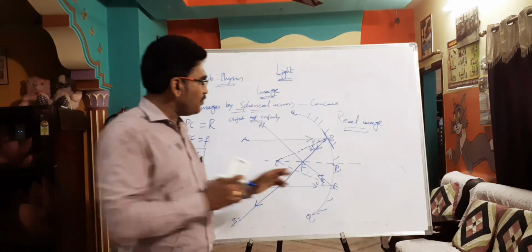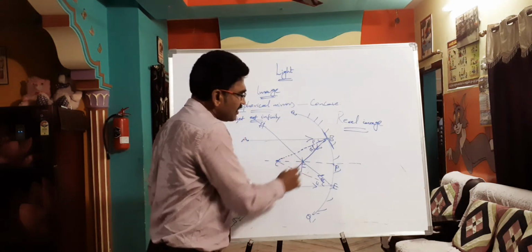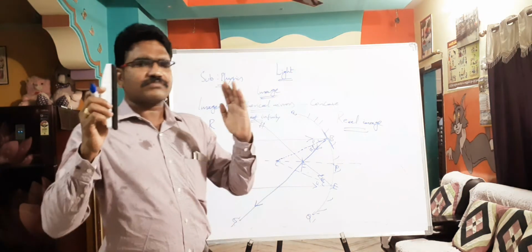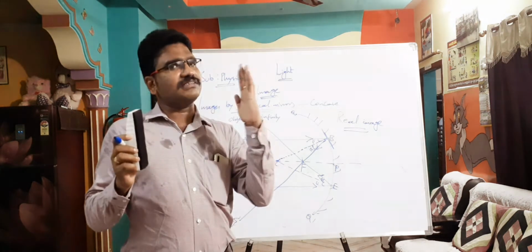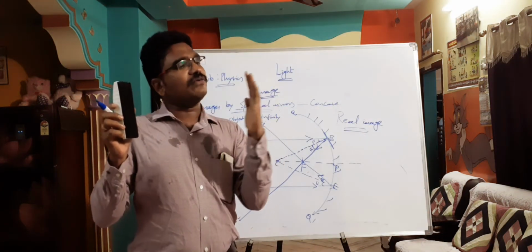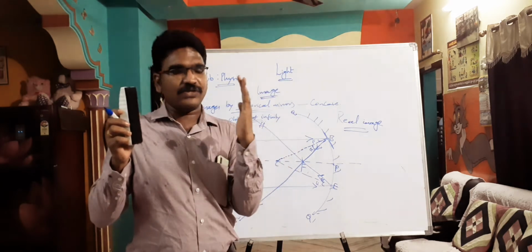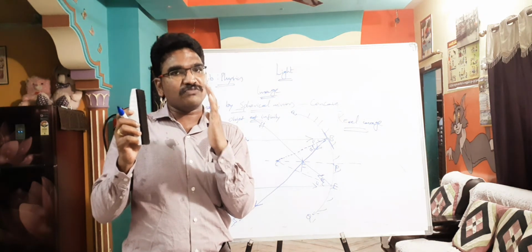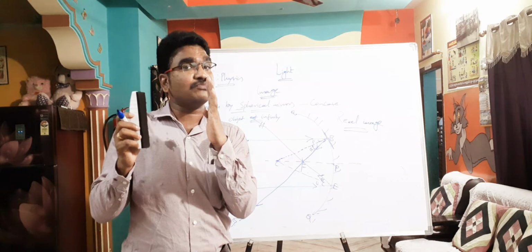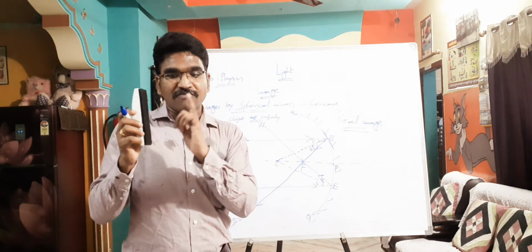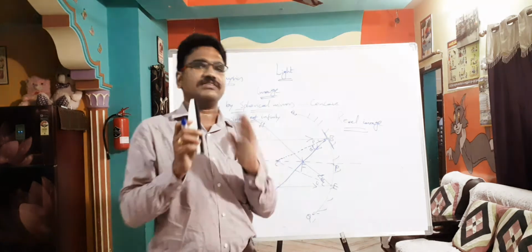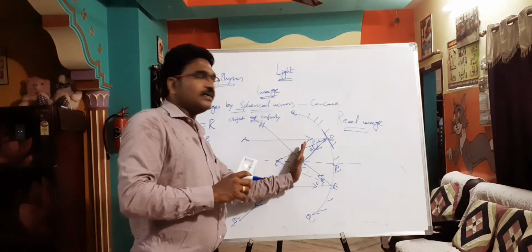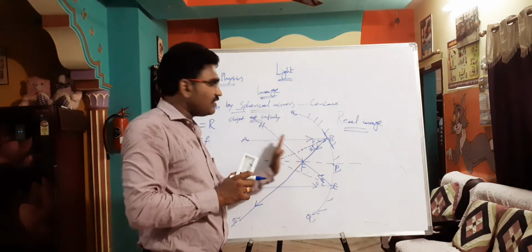As the real image is formed, if you put any screen here, at that point you are going to get the image of that object. Now this is the mirror and this is the screen, and the object is there, and now you have to adjust the screen. When you adjust the screen, at this position you get a perfect image. When you get the perfect image, where is the screen? The screen is at the principal focus. The distance from the mirror to this point is what is called the focal length, simply. So it is a very simple experiment. You put a mirror, put the screen, then you focus an object which is very far, and adjust the screen.